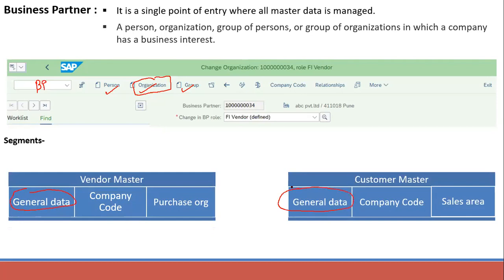So the purpose of this business partner is, if we create one BP, then we can activate a different role for that customer. So we don't need to create this business partner again and again, which is the same for all the business partner functions. We can use the same business partner for different applications. So one BP can have a customer role in customer master data and a vendor role in vendor master. One BP can have multiple roles.